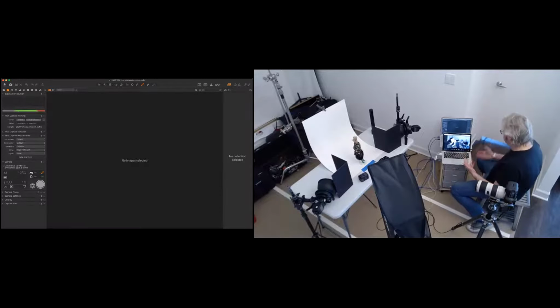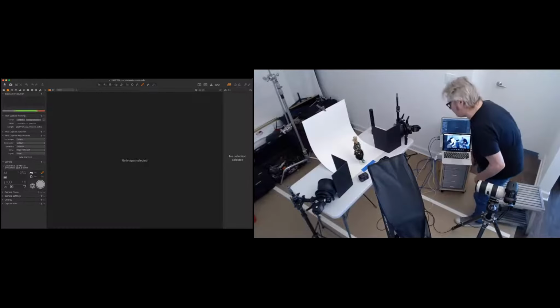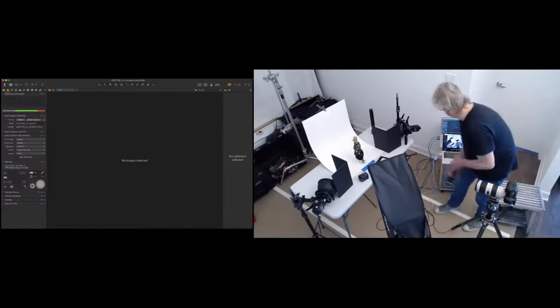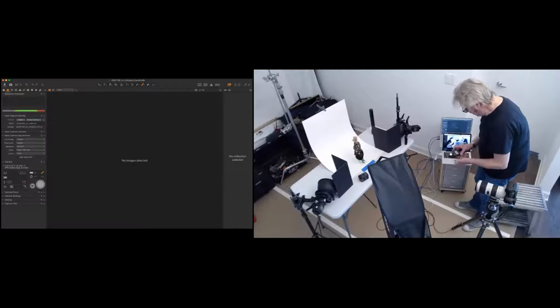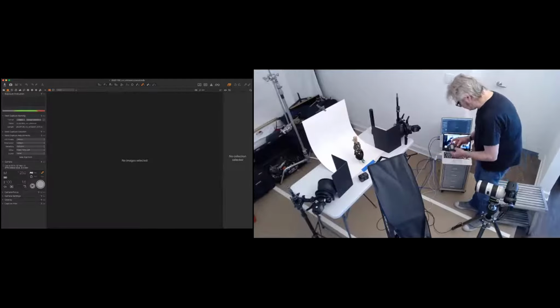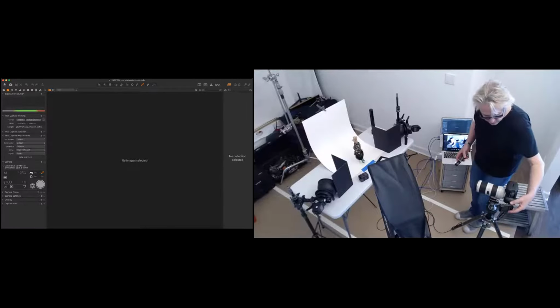So that's the plan. I use meters. I'm going to start with the light meter, and I'm going to take you through the steps about how I would do this, and we'll simply go from here. I'm going to set my meter at 100 ISO at 125th of a second.